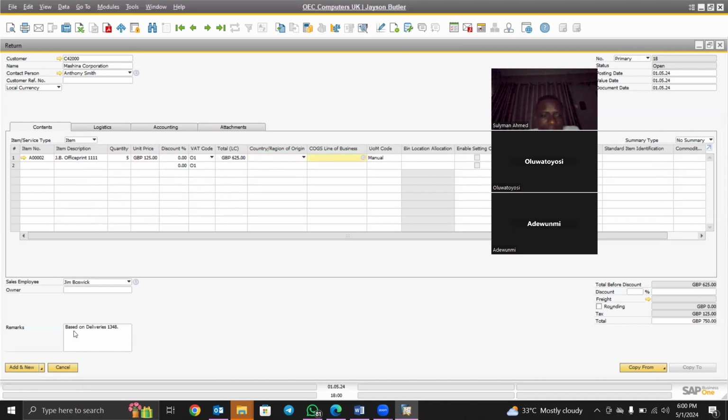Before we proceed, let's check the journal entry preview. What is going to be the journal entry preview on this return? It's going to be vice versa, the reversal of the delivery. So if we check the journal entry preview now,